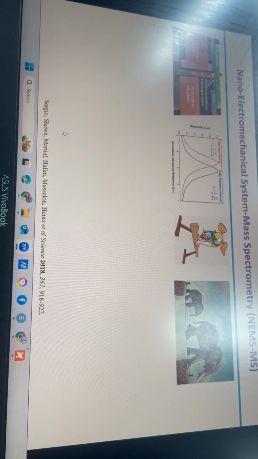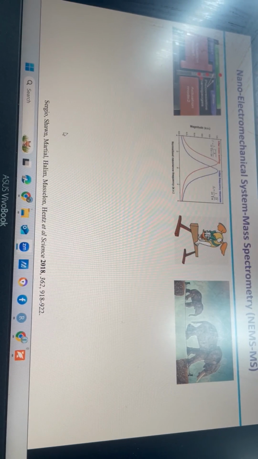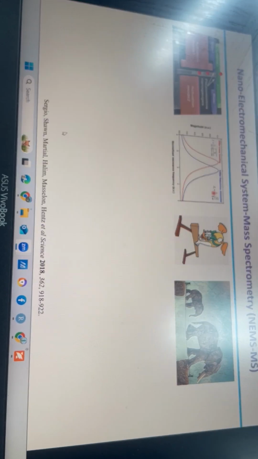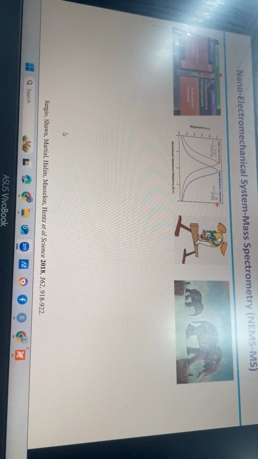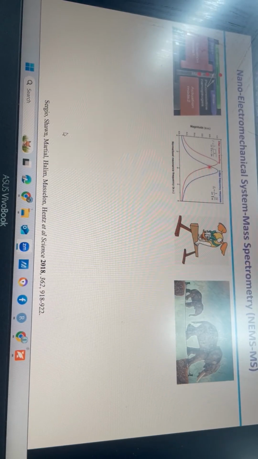From the vibration we can actually sense their weight. Okay, so same thing, we created this balance beam inside the silicon chip. Okay, and then we deposited a particle, and when we deposited the particle, this is the initial frequency, this is Hooke's law, maybe you studied in high school physics. So you see this is the spring constant and this is the mass, and then when you deposit something on this